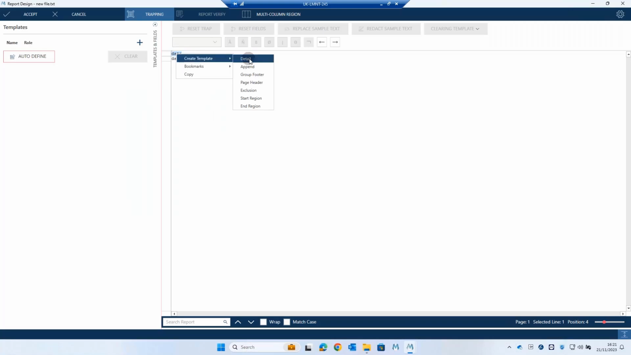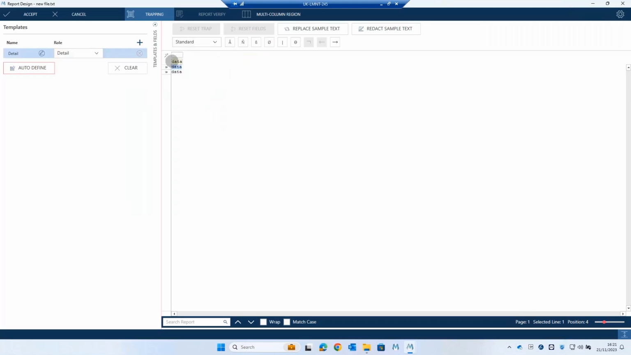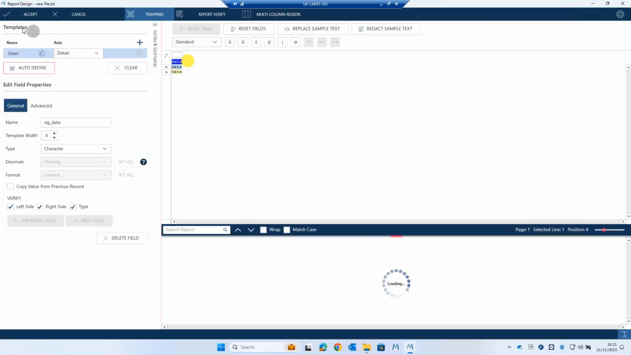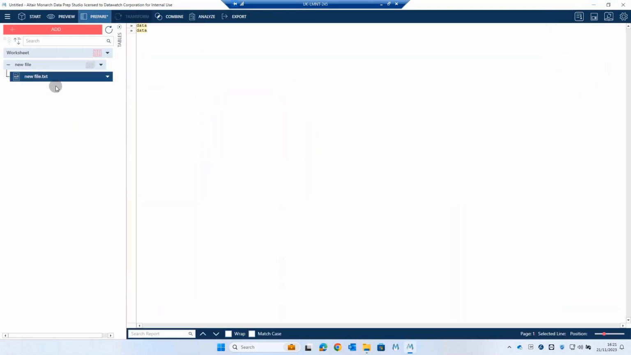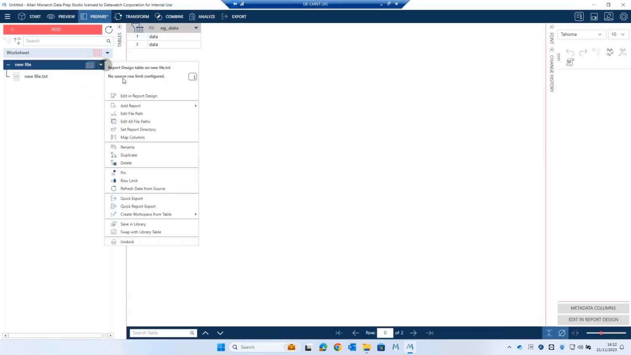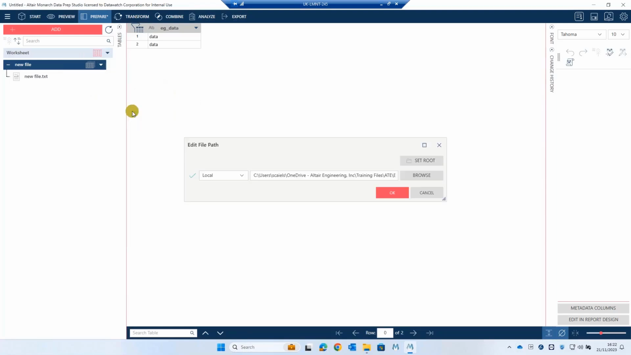What we would do is use the detail template and extract all of our data in the normal way. I guess the question has come about the fact that this may be sensitive data, and the customer doesn't want to save this sensitive data. So what I think you need to do is build the workspace based on the actual data, but before you save the workspace, I would just come down here and edit the file path and browse out